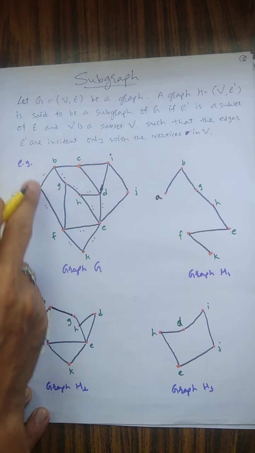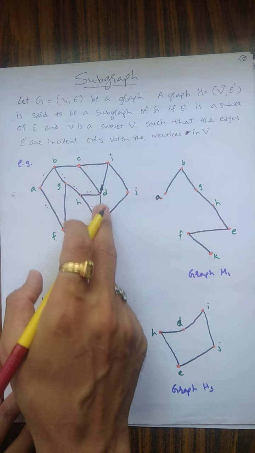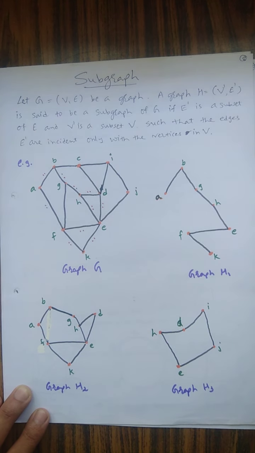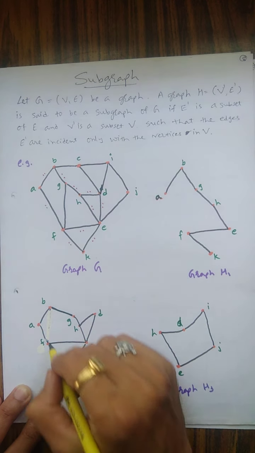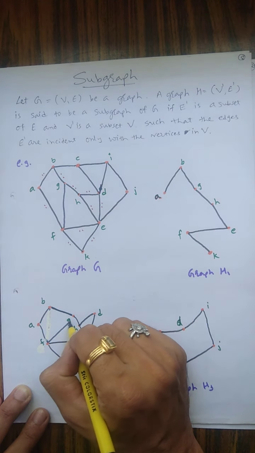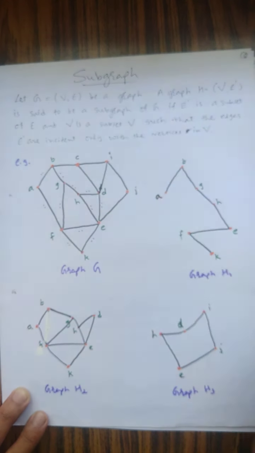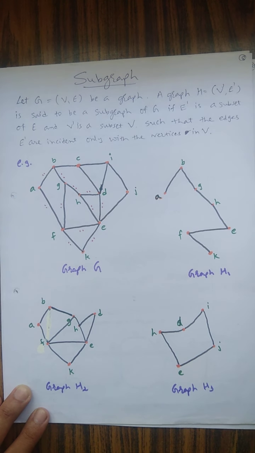So you can see that I am taking all these 2 dots but not taking the line between G and F. I removed that line. Then also it is a subgraph. If we join this line, then also it is a subgraph. If I take the line joining B and F, B is not joined with F only. If I join G and F, then it also becomes a subgraph. No worry about that. It also becomes a subgraph.